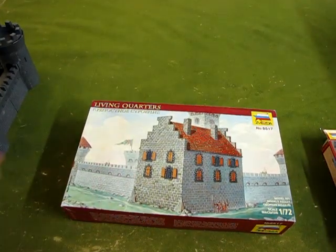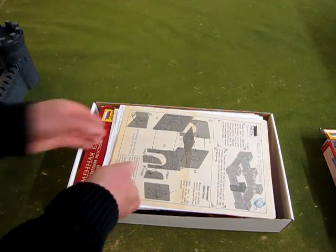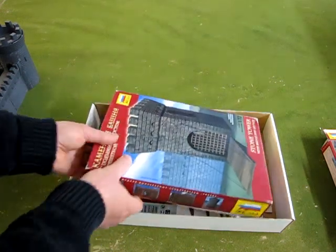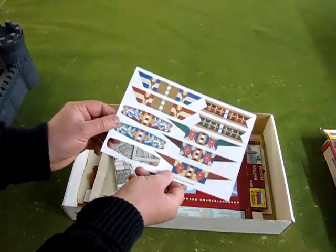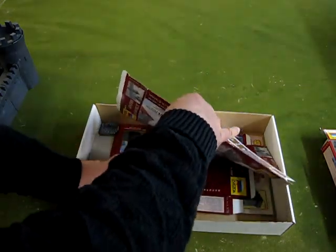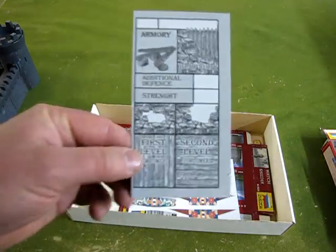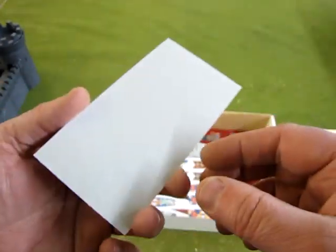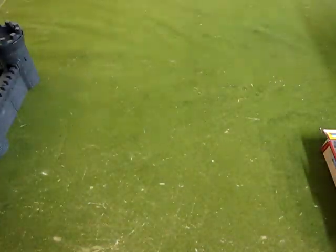Now it's a box for the living quarters, but what's really in here is of course all the instruction sheets, because I never threw those out, the box for the tower, and then I've got some of the flags and whatnot that I didn't use, and the box tops, some doors from a different thing. But at any rate, these are kind of cool because they give you the strength of the walls and this sort of thing. This is for the game that they had. Okay, so moving that out of the way,